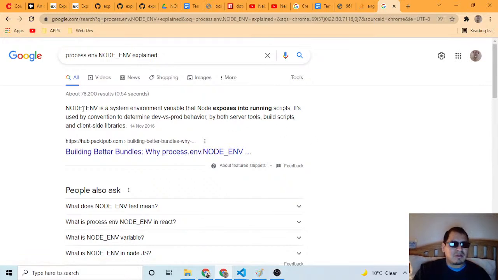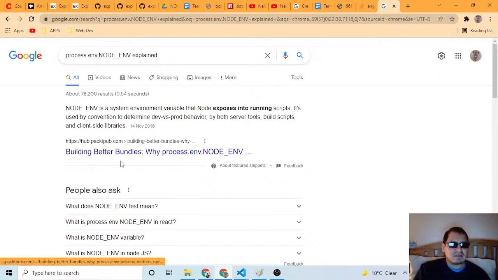Okay, node env is a system environment variable. Node env is a system environment variable that node exposes into running scripts. Okay, it's used by convention to determine dev versus production behavior by both server tools, build scripts, and client.